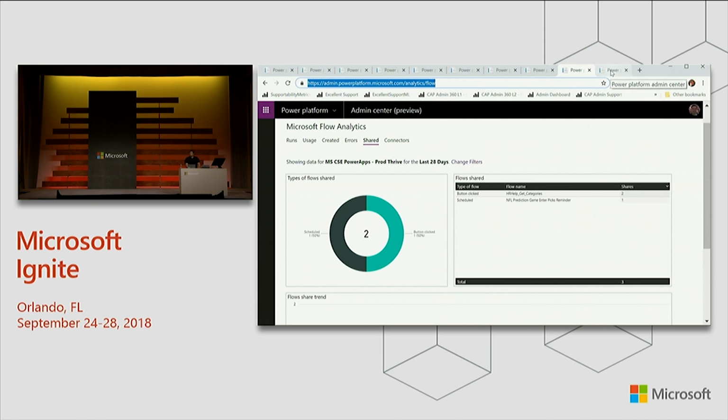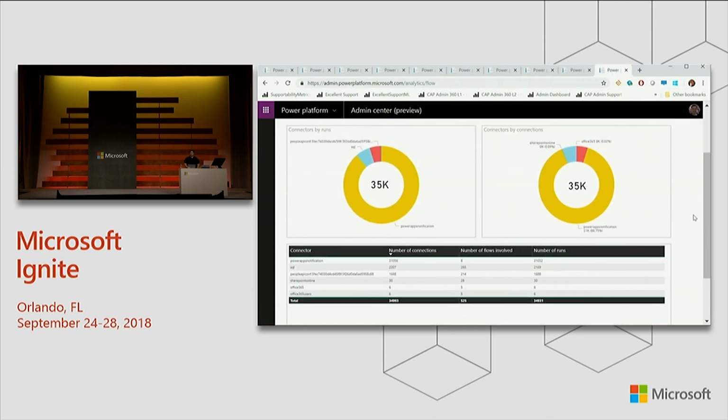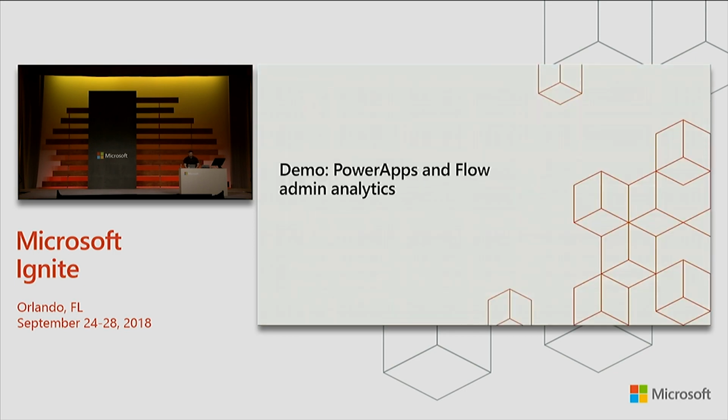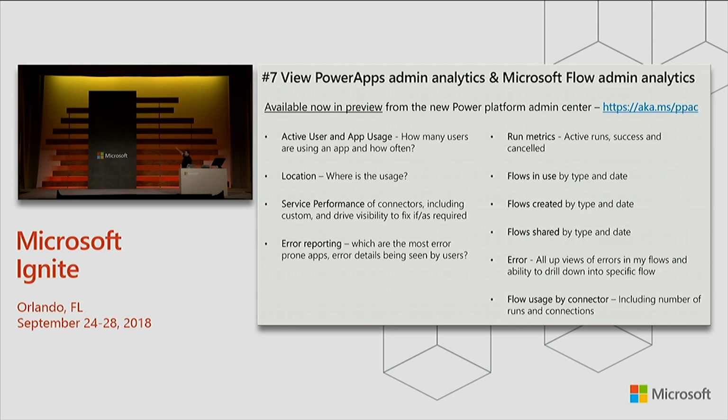Okay? It gives you visibility on new flows that have been created. So you can see here that these are new flows that were built earlier in the month around the deployment of the NFL prediction game. You can see here I also have visibility into errors for flows. So similarly to Power Apps, flows can fail. This gives you visibility over the issues that might be being hit for flows within this environment. And also similar to created apps, you can also have visibility if apps are being shared with people. Okay? This is where if you add someone as a co-owner of the app, an event shows here